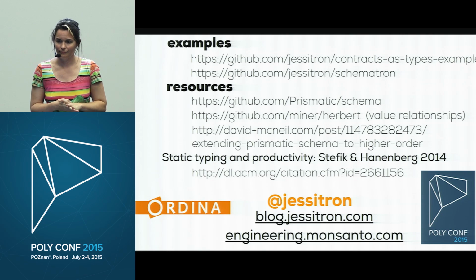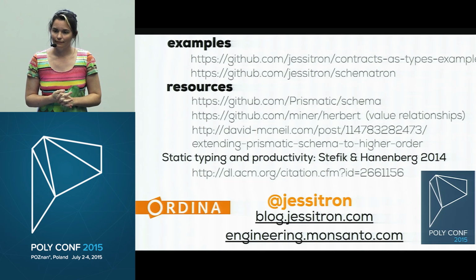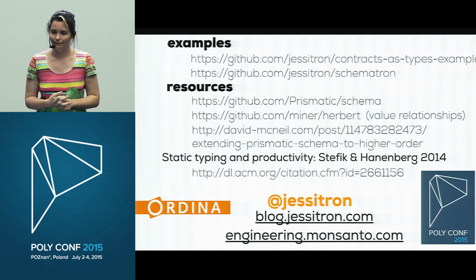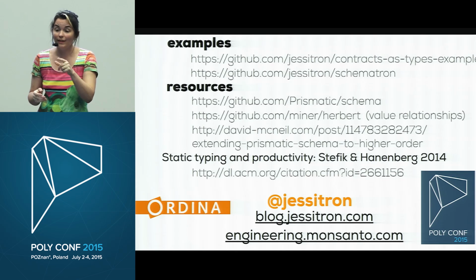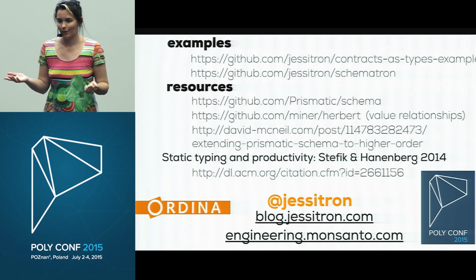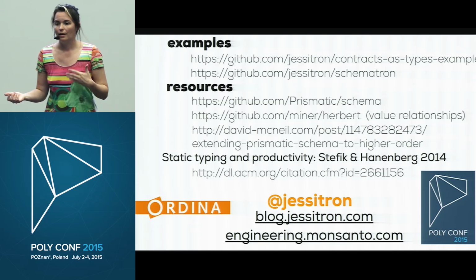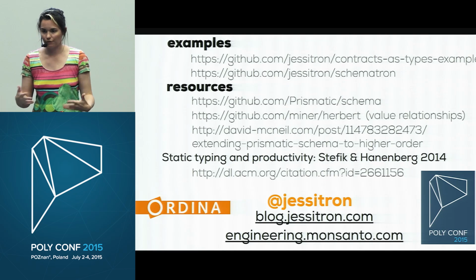Do you see any risk that doing these contracts, and especially extending it in this way, gets so complicated that you start to need to have types and tests for your types and tests? Oh, that's a great question. Okay, so I totally make tests for my schemas, and I make tests for my generators. Usually my generator test checks whether it matches the schema, but I also make tests for my schemas if they're at all complicated,